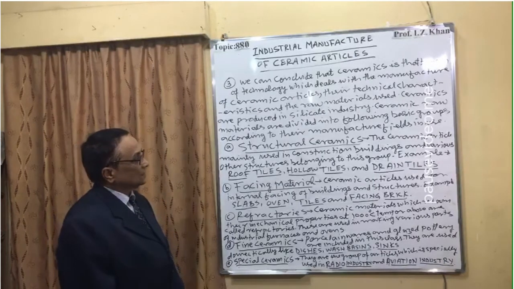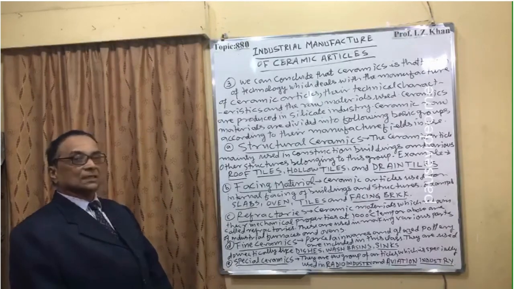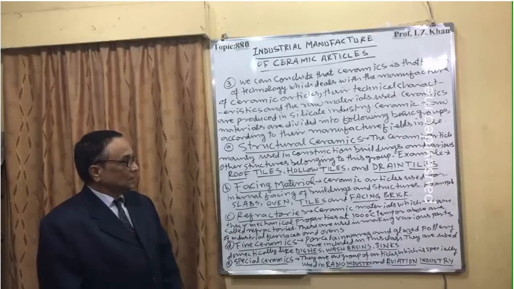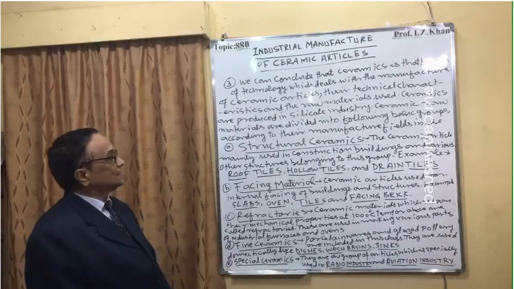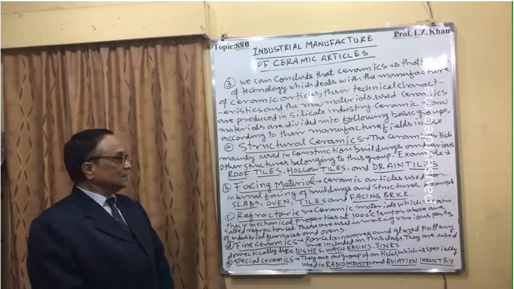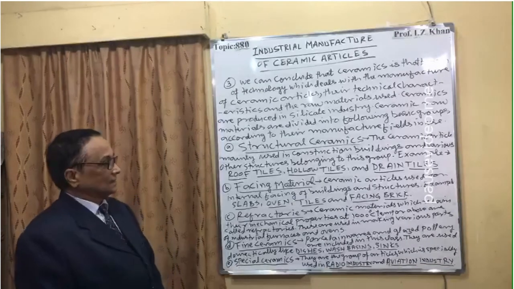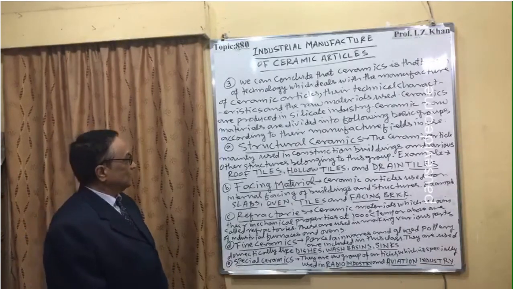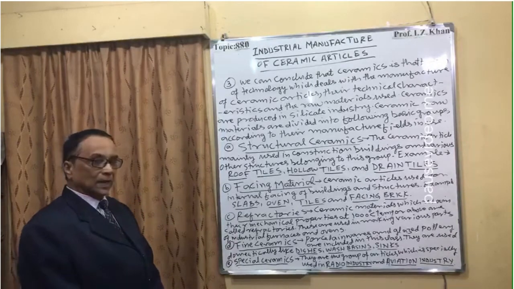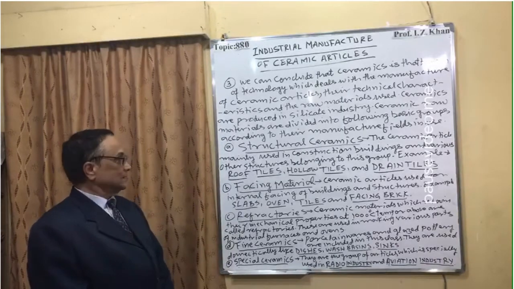And what are structural ceramics? The structural articles are mainly used in construction of buildings and various other structures belonging to this group. So these structural ceramics are mainly used in building as a decorative material, as tiles, as drain tiles, etc. For example, roof tiles, hollow tiles and drain tiles.